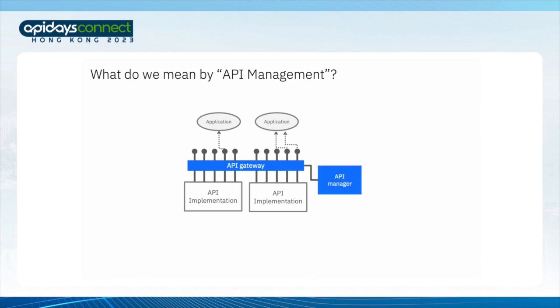There's also a need for the owners of the backend APIs to be able to configure all of this. So there's often some kind of API manager where they can document and describe their APIs. Again, implementations will vary, but typically the owner of the API is likely to want some kind of lifecycle management. They're going to want a way of defining new APIs in some kind of draft state before they're ready to share, and similarly they're probably going to want some kind of archived or deprecated state for APIs that they want to withdraw.